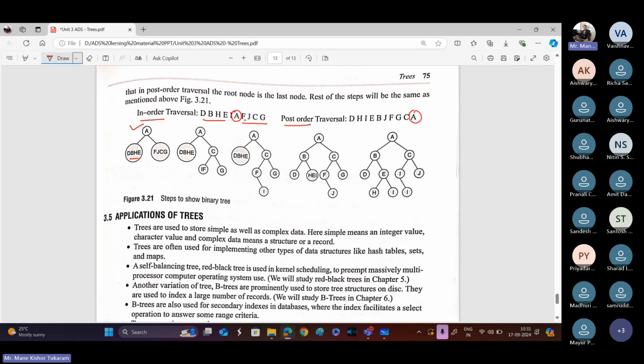So from CJ, FJ, CJ, we want to find the left and right node. So here C is the root node, so we recognize this as the internal node, and it has these two children. So these are the two children we have to recognize. So FJ,